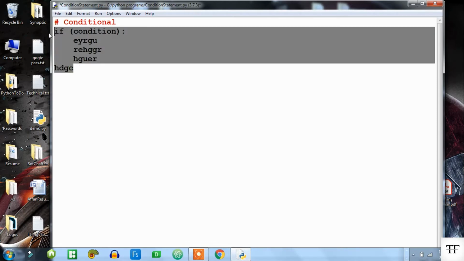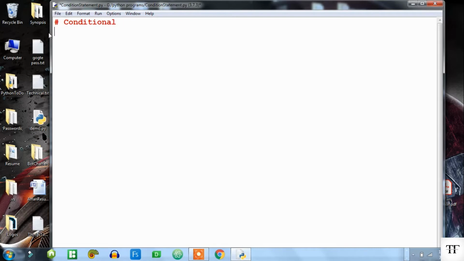To demonstrate, let us write a program which checks if your age is greater than 18, and if it is, it will print a message saying eligible to vote, and if it is not greater than 18, it will simply say not eligible to vote.